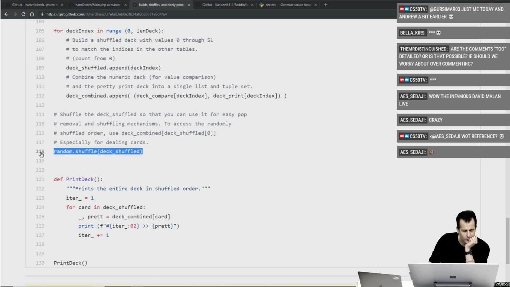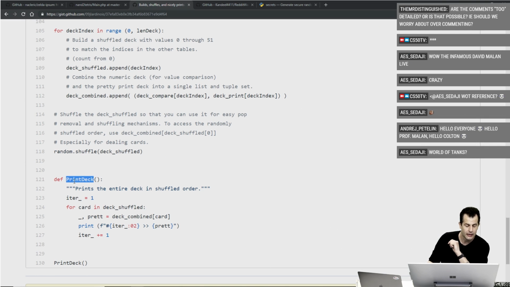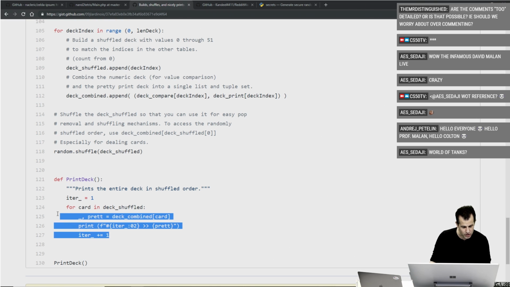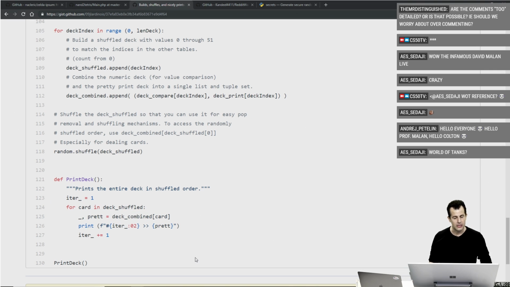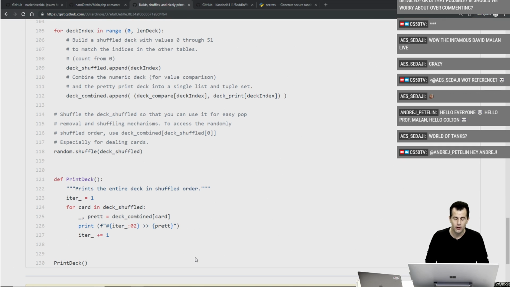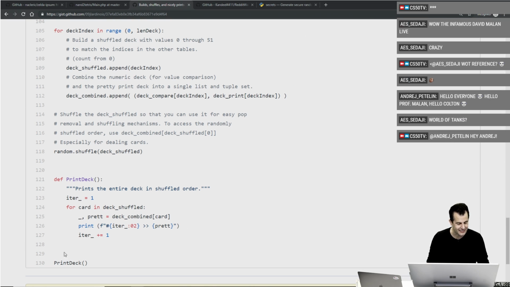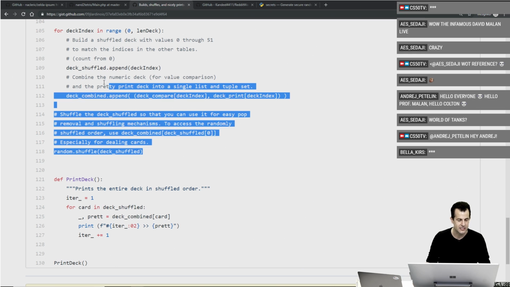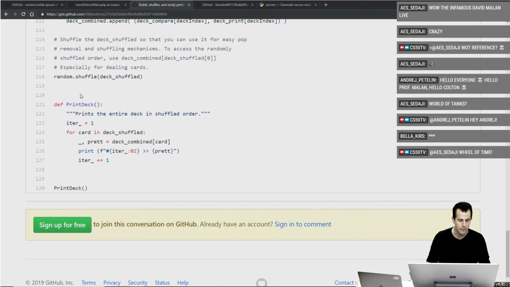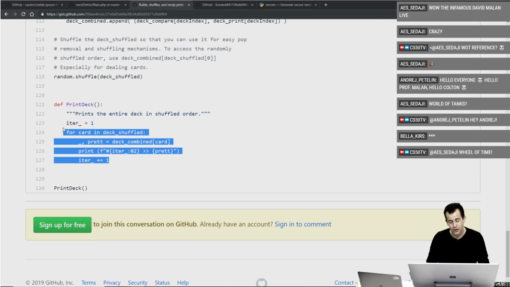Here's where the deck of cards is actually getting shuffled, and here's one helper function. It looks like print deck is going to be a function that prints the entire deck in its shuffled order. And so here we see some pretty fancy utilization of iteration, going ahead and printing out the deck of cards itself. But that alone, at least, is good encapsulation, although ironically, after going through all of this top-level code and then introducing one method here, printDeck, we're just calling it immediately, which suggests we didn't necessarily even need to define